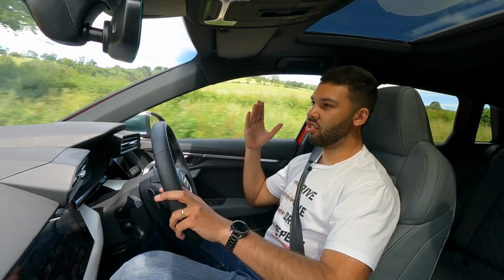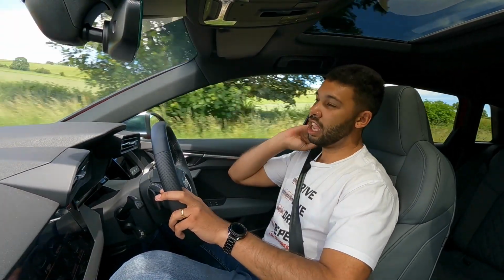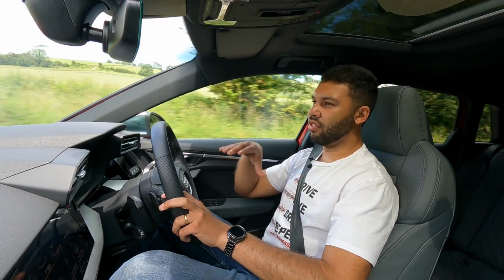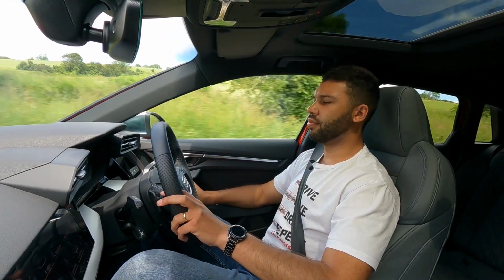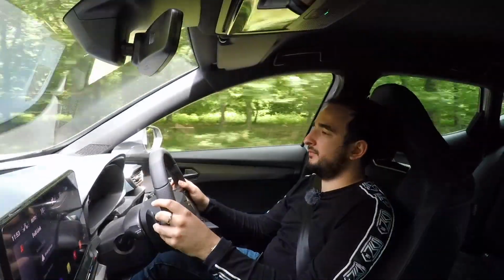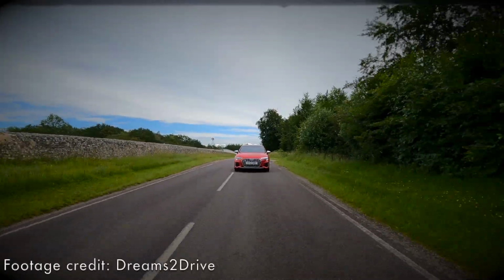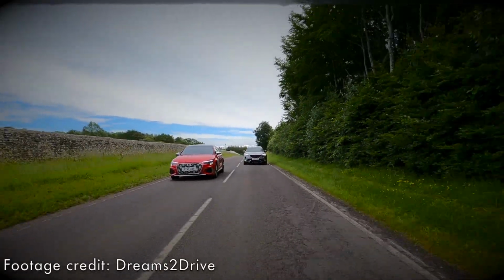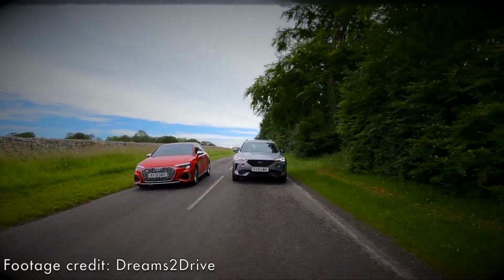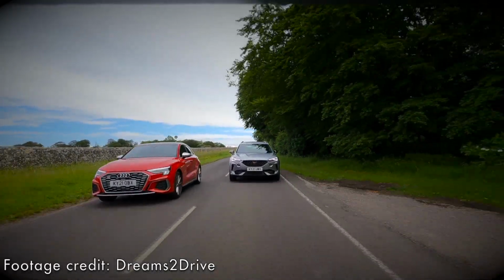And the Cupra, that is the car that I'm more excited about getting into and driving. It's funny, isn't it, how on paper, sometimes the better car isn't the better car, if that makes any kind of sense. But now I'm in a predicament where we're heading back to have a chinwag about both these cars. And whilst I was in the S3, I pretty much had said hands down that I'd have that over this. But now driving this, I'm starting to change my mind,